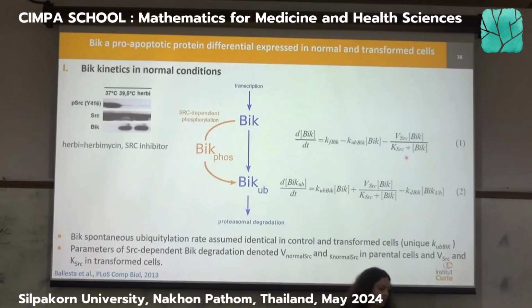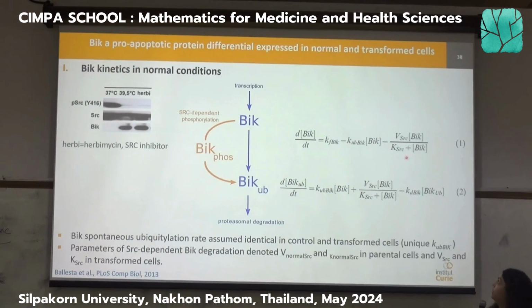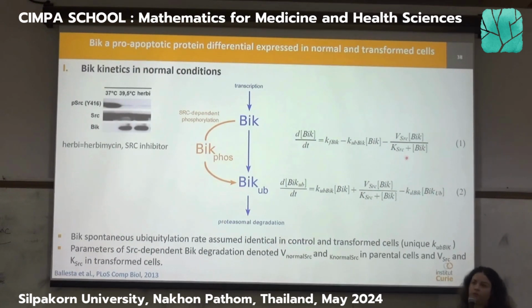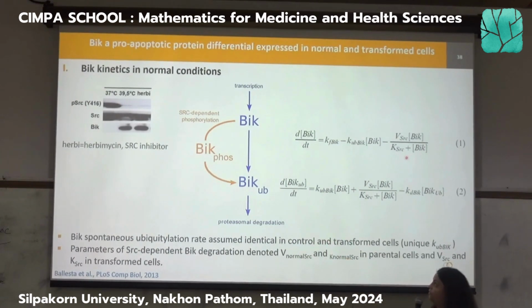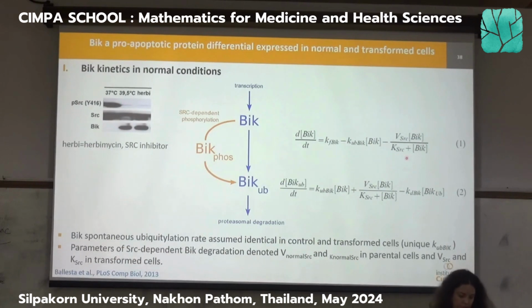And can you recognize the rate? I mean, what type of kinetic is that? Somebody louder? Yeah, Michaelis-Menten, that's the second law that we saw, okay? V SARC is now in the form of V0 and capital K SARC is K. And basically we have modeled that in the sense that SARC is not consumed by the reaction, but it's just helping the ubiquitination of BEAK. So that's it for the equation of BEAK.